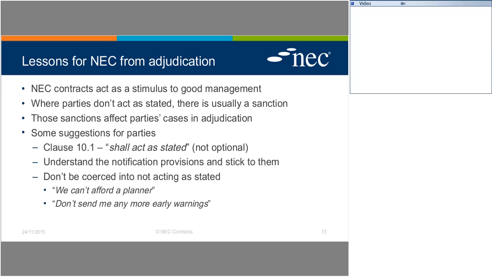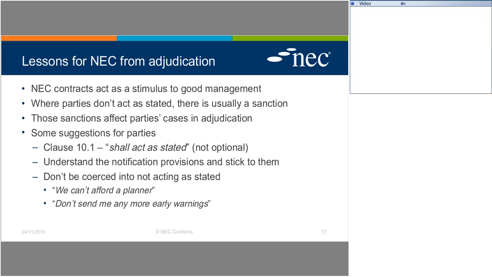And a very popular refrain from a lot of project managers is, stop sending me early warnings. They are viewed in certain quarters as an opening shot in a claims battle, yet they are a vital part of the functionality of this contract. And in terms of both examples you see on the screen, providing an accurate programme and providing early warnings are part of the value proposition the contractor is being paid to deliver. It is wrong of the contractor to unilaterally say he's not going to plan the job properly. It's wrong of the project manager to say, I don't want you to tell me of things that might go wrong and cost us money.